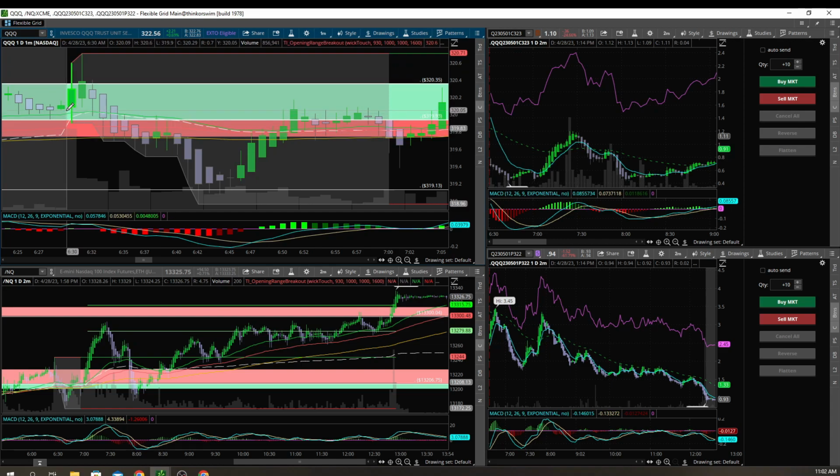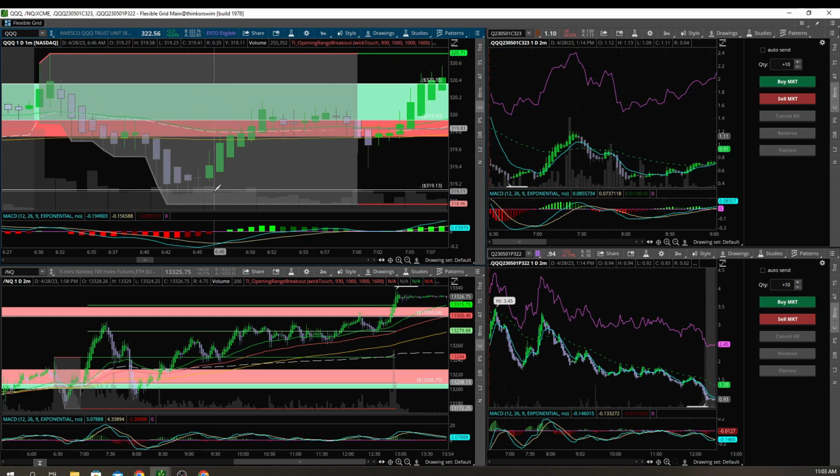You see a massive move up from where it opened, from 320 to almost 321, and then all the way back down to 318. That's a massive move, about a $2 move in about 10 minutes, which is an extreme amount. You don't want to be trading in that unless you really know what you're doing, and this is where all the liquidity grabs come from. But as soon as you get to 6:45, the volatility starts to die down a little bit and the market tends to pick up its own pattern throughout the day.